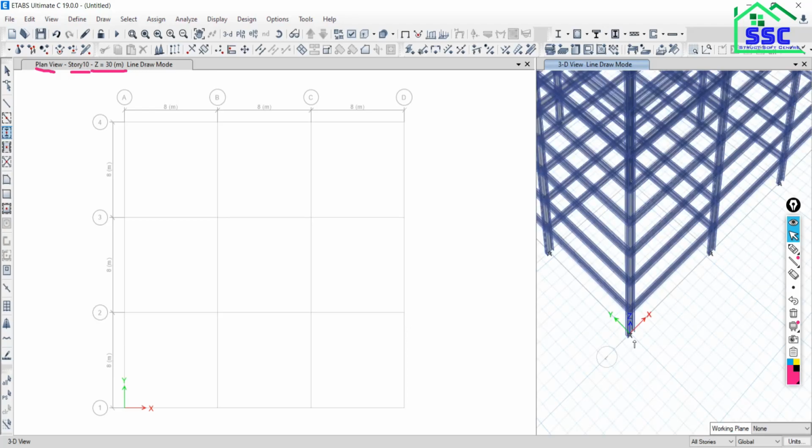So in this way you can work with the one story and all story options. If you want to perform the step for all the stories, make sure that the all story option is selected. If you want to work only for one story, the one story option should be selected. See, it is very powerful, very helpful, and sometimes it will be very problematic also. आपका क्या होता है, कभी आप ध्यान नहीं देते हो.